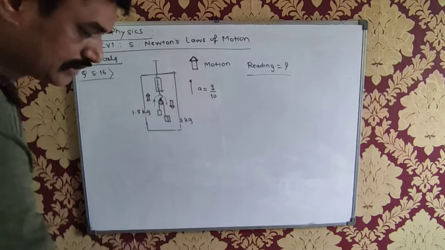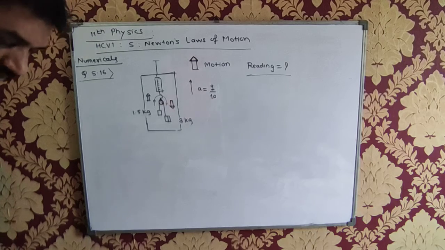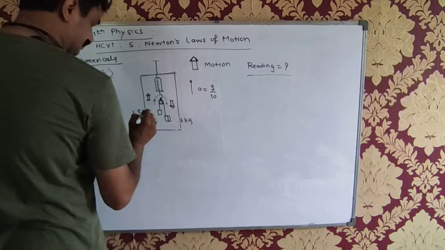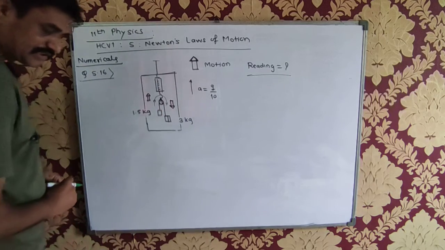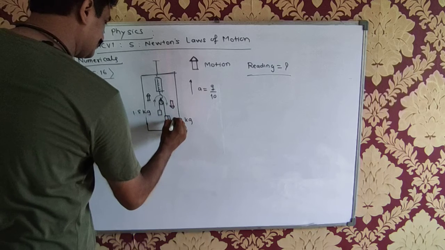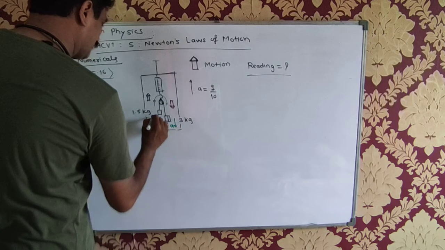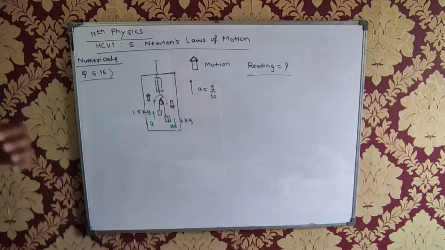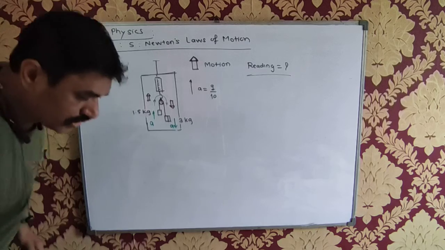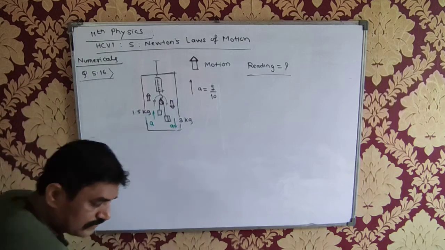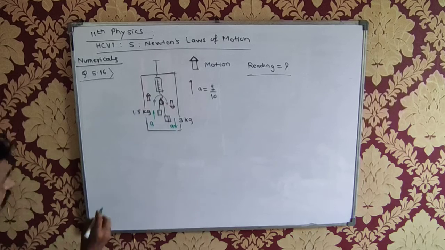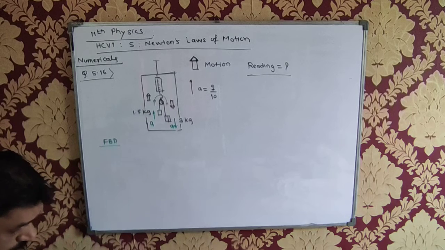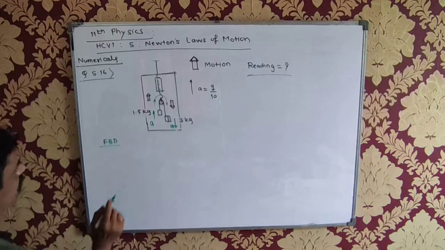Well, in this case, let us assume that the acceleration of this 3 kg mass is a downward, so this is a upward inside the elevator. Inside the elevator. So if I draw the free body diagram, FBD, what is exactly happening here? Now let me say that the tension here,